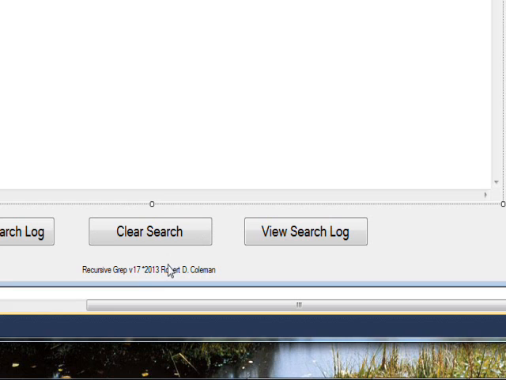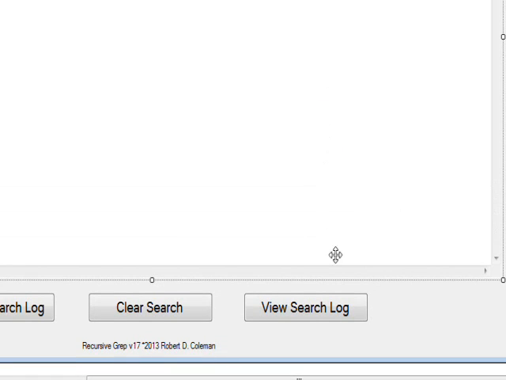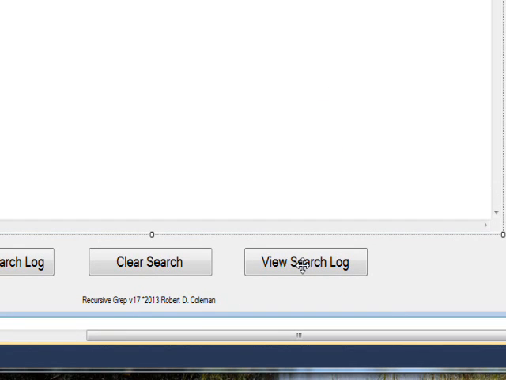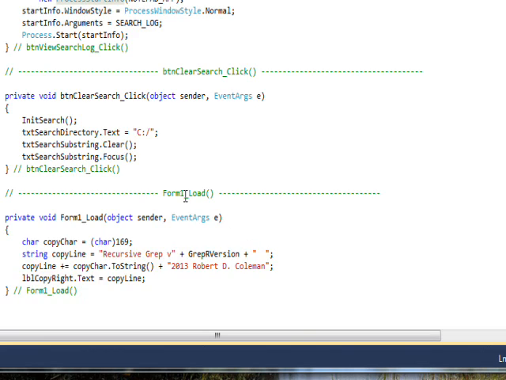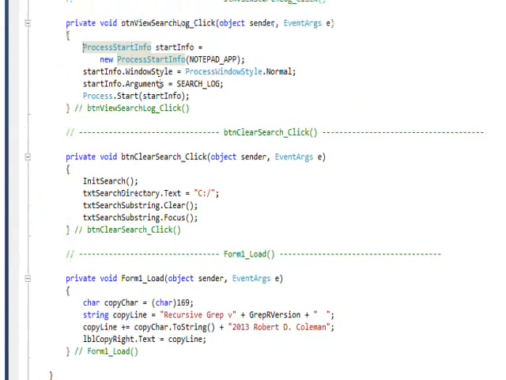But this button and the version copyright is pretty trivial. This button, View Search Log, is actually kind of cool and involves ProcessInfo and the Process class, and also Notepad invoked as a separate process. So that's actually pretty exciting information, although it doesn't really require a lot of code. If we double click on this button, you see